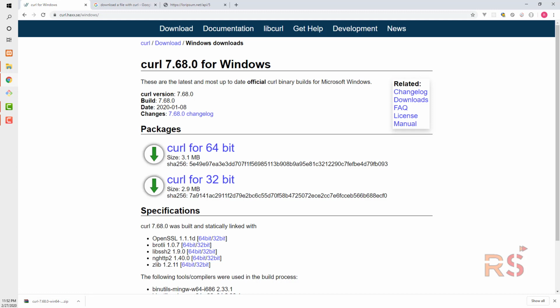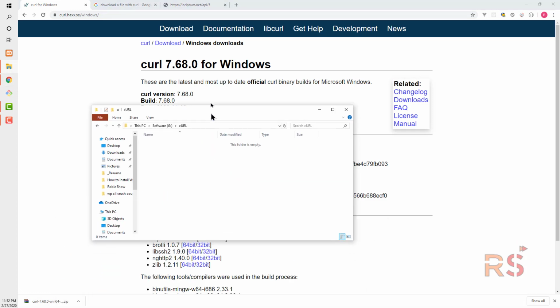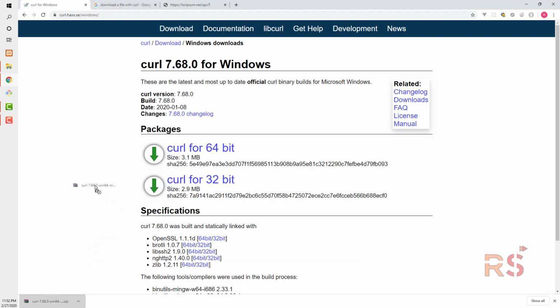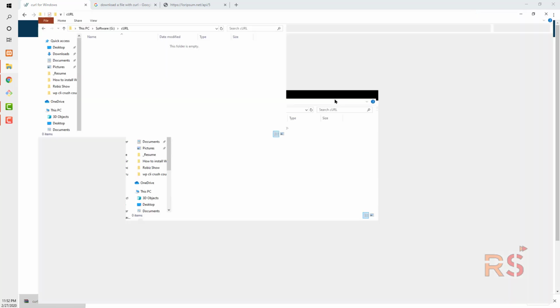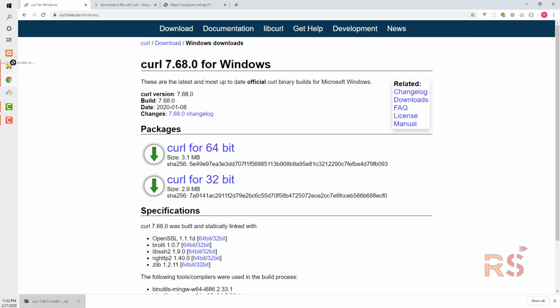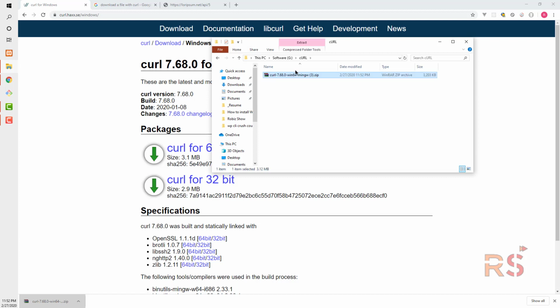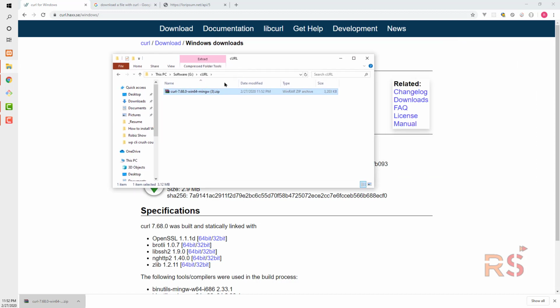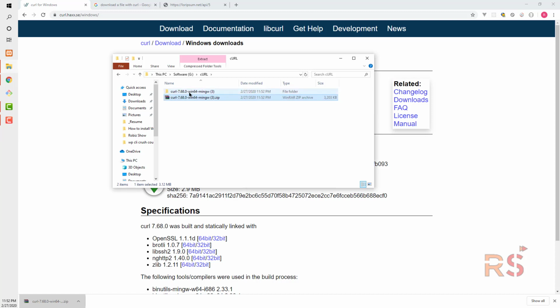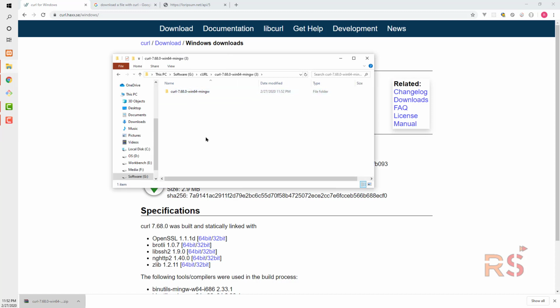Now let's put this file in a location where you want to put it. In my case I'm going to put it somewhere in the software directory. So okay, let's navigate to it. Okay, here it is. Now let's extract it here, and let's go inside there,